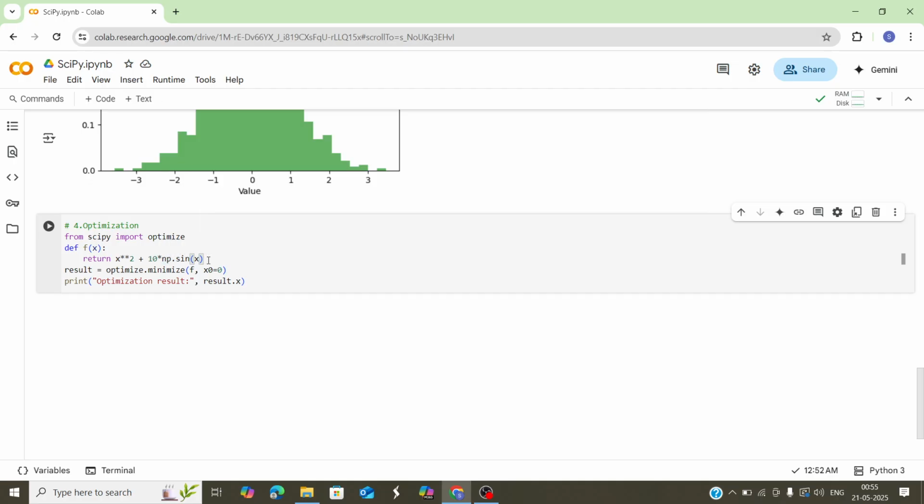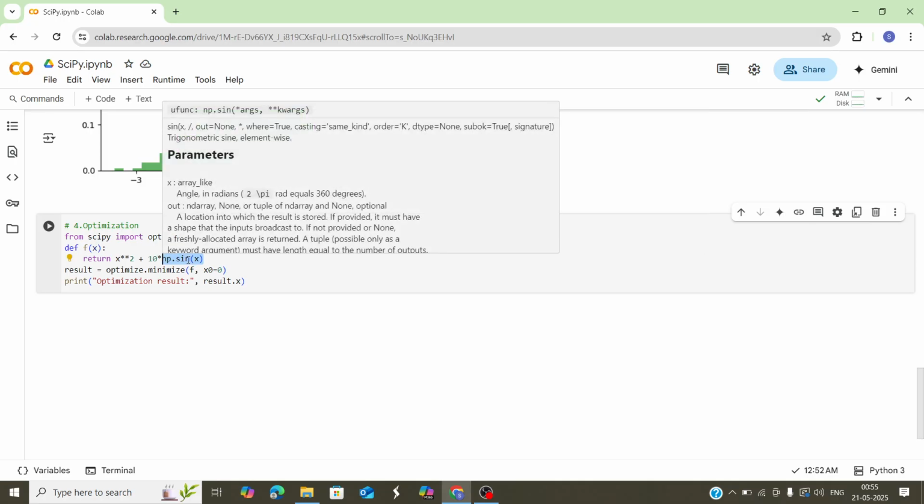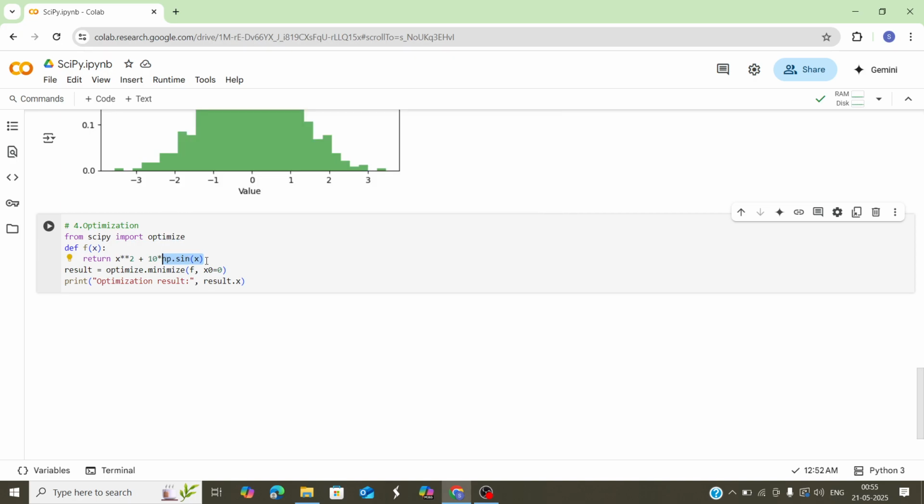So basically 10 sine x is the expression: x square plus 10 sine x. The reason I used np.sin is because it's a numpy function. Sine is an inbuilt function present in numpy, so that's the reason for np.sin of x.